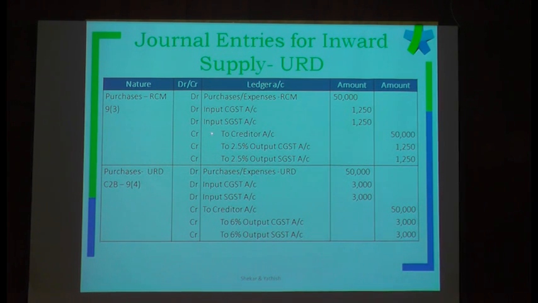Then when the URD purchases come, this is the entry you are going to pass for URD purchases. Purchase account debit, input IGST, input CGST, then you have to credit 2.5% output CGST and 2.5% output SGST. So this has to be done, but this input will not be given immediately because this comes only after I